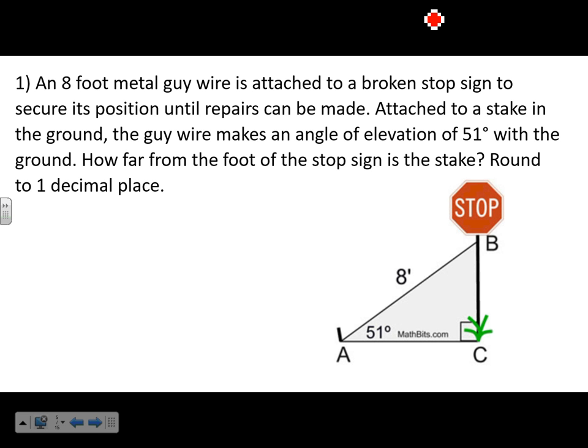Now, they draw you a picture over here for this one, so that's great. If they don't draw you a picture, you need to make your own picture. So first off, this is nice. They give you the angle of elevation, so that's really handy. The angle of elevation is 51. They want to know how far from the foot of the stop sign is the stake, so they want this